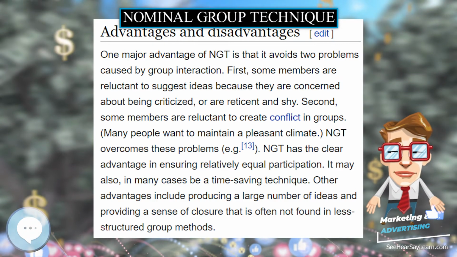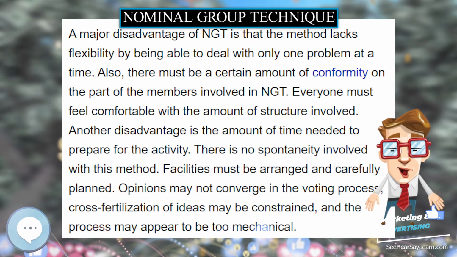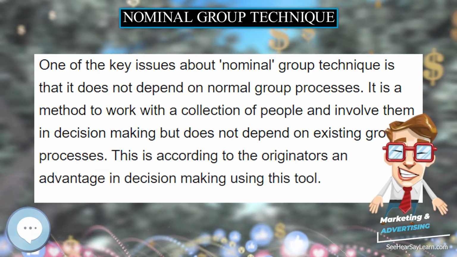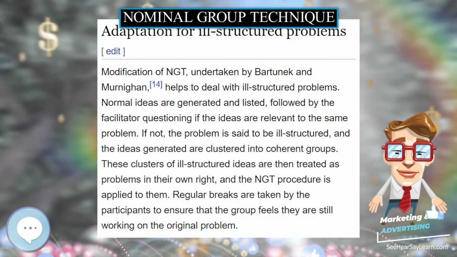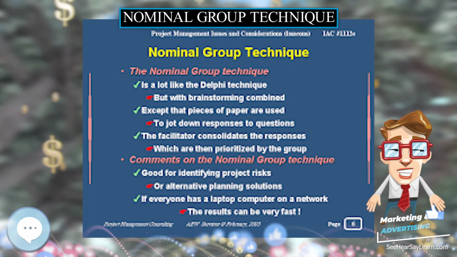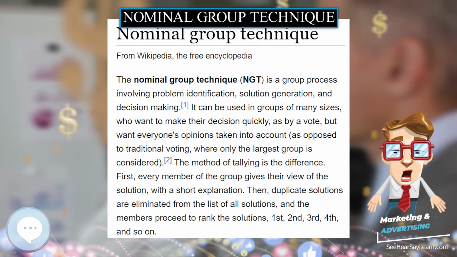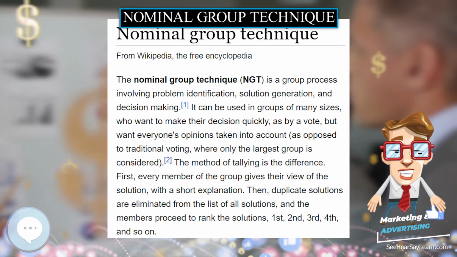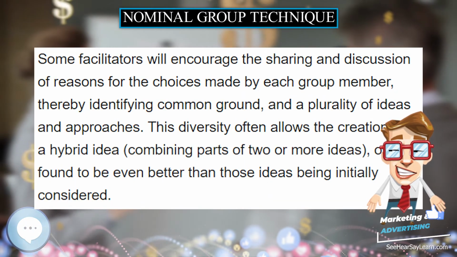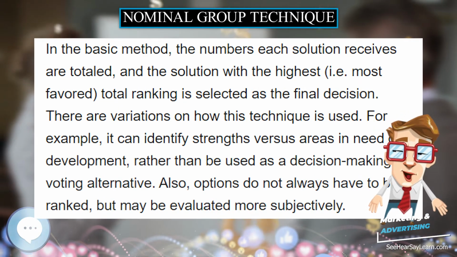A major disadvantage of NGT is that the method lacks flexibility by being able to deal with only one problem at a time. Also, there must be a certain amount of conformity on the part of the members involved in NGT. Everyone must feel comfortable with the amount of structure involved. Another disadvantage is the amount of time needed to prepare for the activity. There is no spontaneity involved with this method. Facilities must be arranged and carefully planned. Opinions may not converge in the voting process, cross-fertilization of ideas may be constrained,